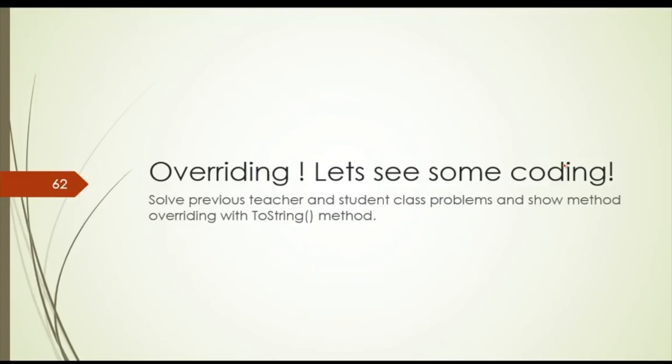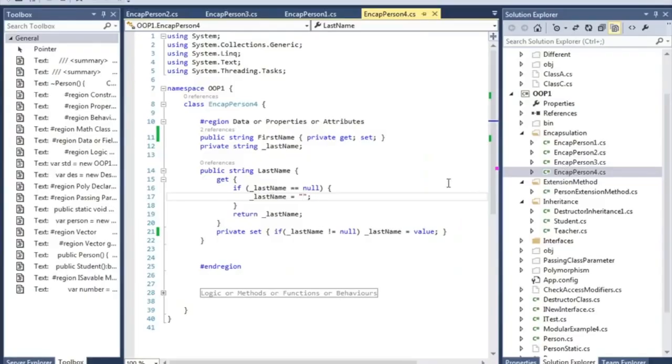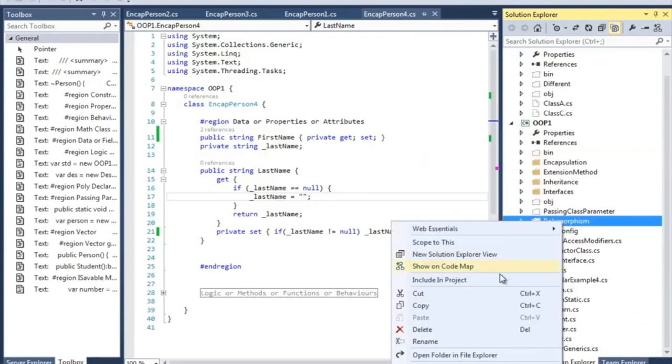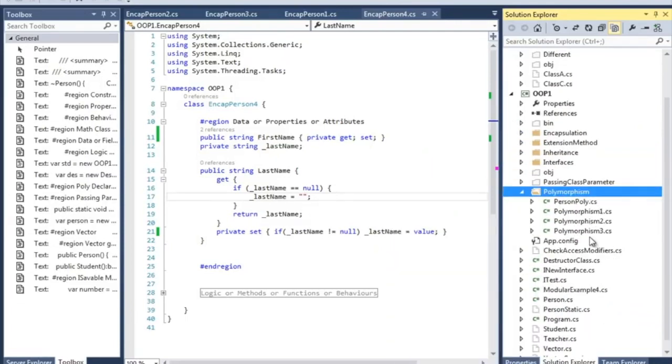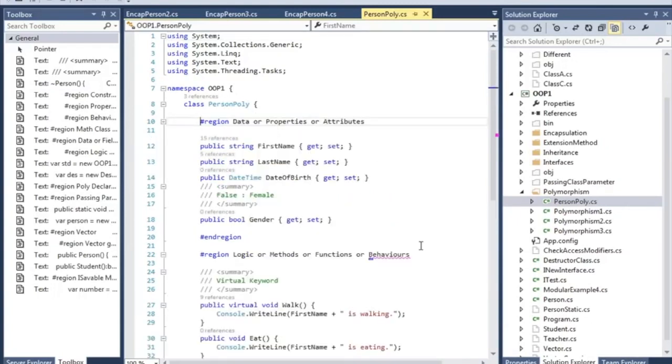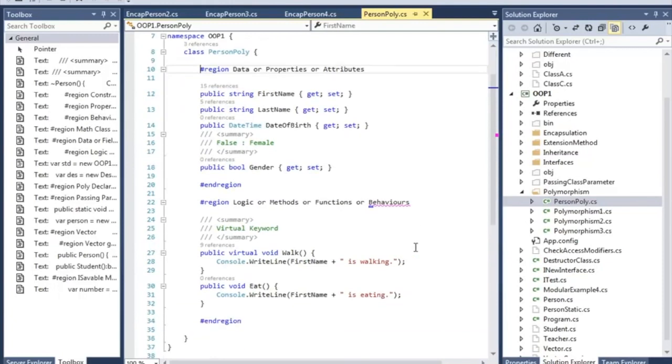So let's see some of those in coding. I'm in Visual Studio and I have examples for polymorphism. Let's include this. For this polymorphism, I have introduced a new person class, PersonPoly. It's not really different, but it has the virtual keyword in front of the walk method.